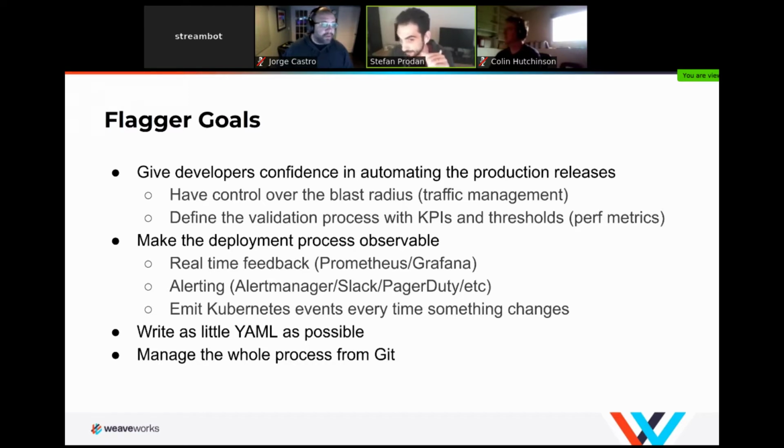Another goal is to write as little YAML as possible. Like if you know Istio or App Mesh, just to provision a canary deployment, you have to create all these objects, like virtual services, virtual nodes, cluster IPs. You have to have multiple deployments and so on.